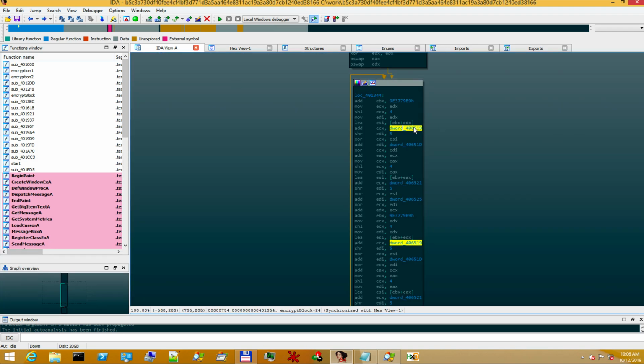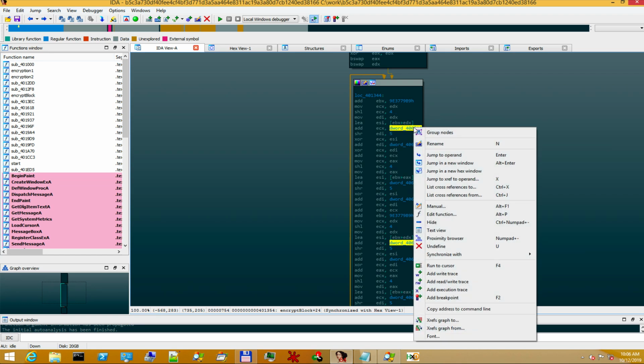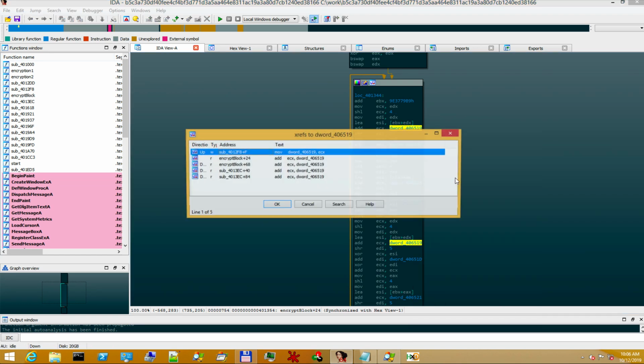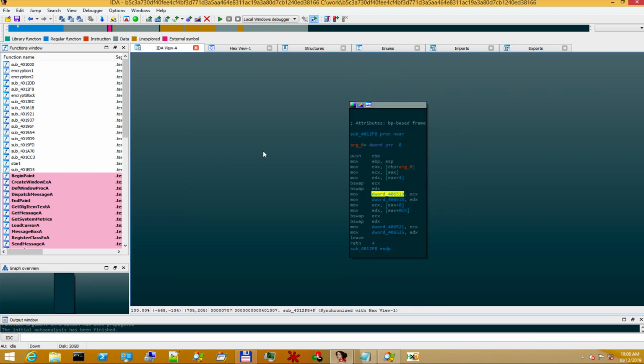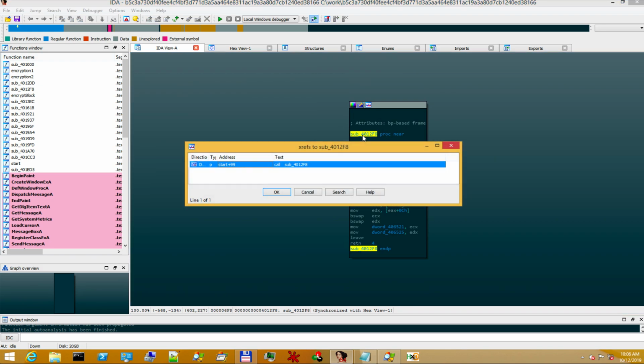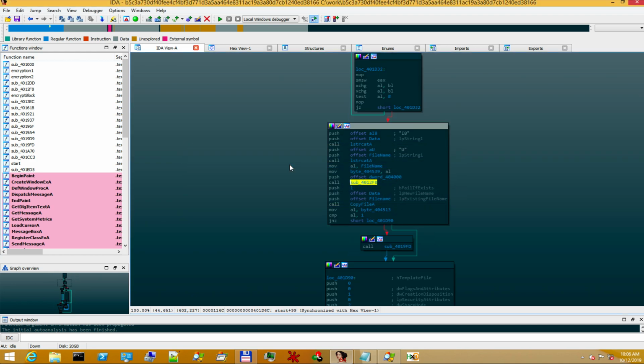If you want to know where they are created, we can check the cross references. Use the X key. If we look at the type of the operations, the values are only written in one function. If we cross-reference that, we can see that it's called only in the start routine, close to the beginning of the execution. To get the values of these constants, we'll set a breakpoint after the call to this function.